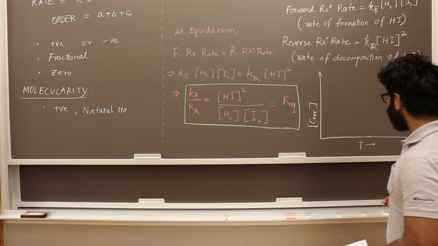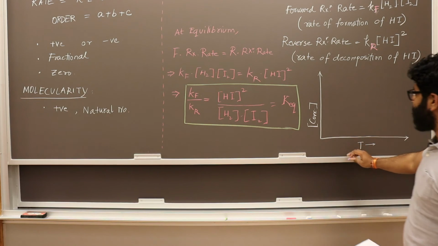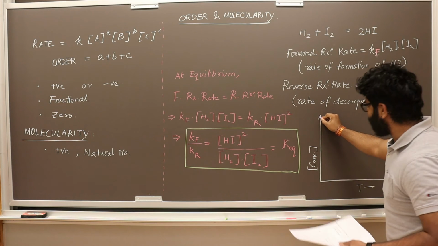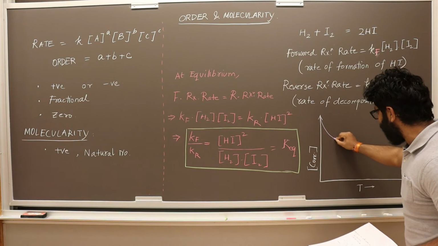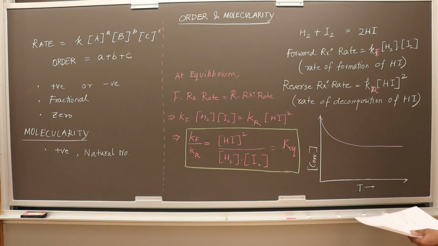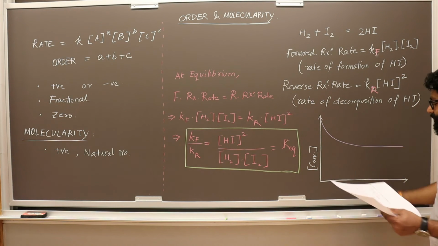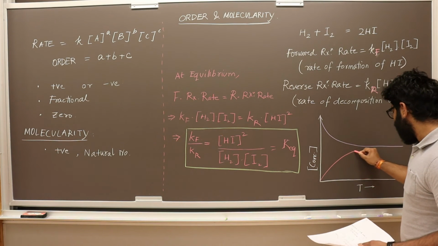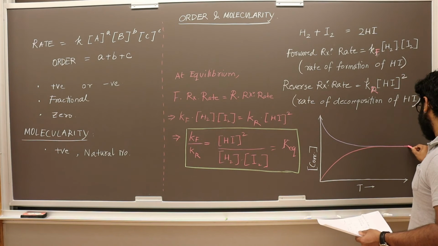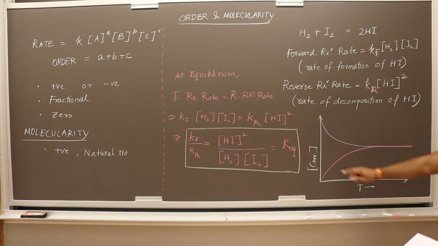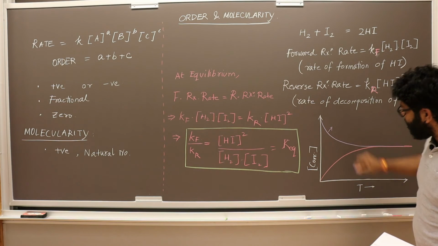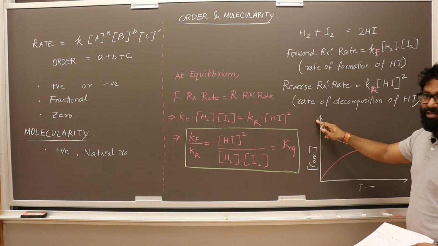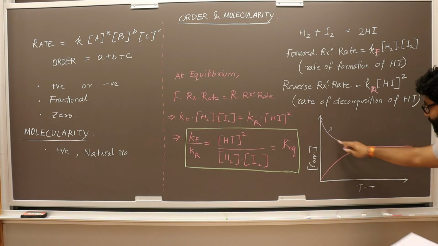So let's say you started off with the reactants. The reactants have some concentration, and after a while they flatten the curve and become something like this. So this is the concentration. This is basically the reactant side, right? So you have more concentration of the reactants when you started, and with time